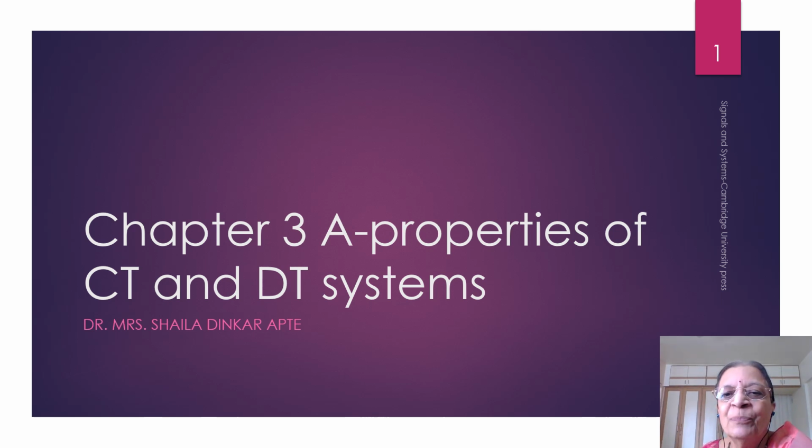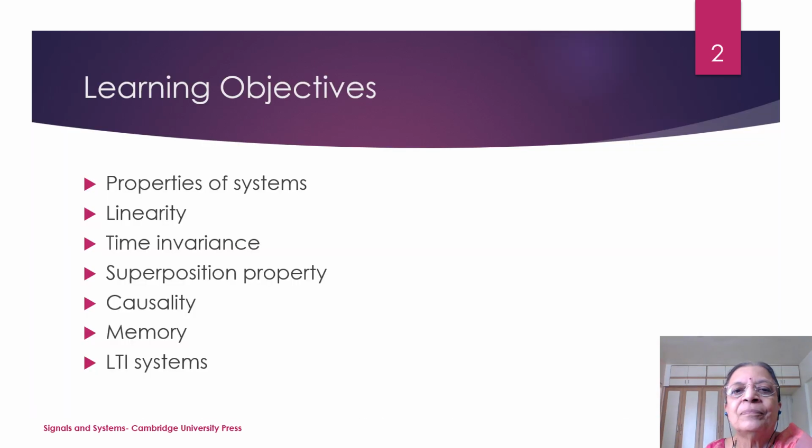Last time we have seen the properties of CT and DT signals. Now we continue with properties of CT and DT systems. Now there are different objectives that we will consider in this particular lecture. We'll consider the properties of the systems. Under that we'll consider linearity property, time invariance property, superposition property, causality, memory, and then we'll see what are LTI systems. LTI means linear time invariant